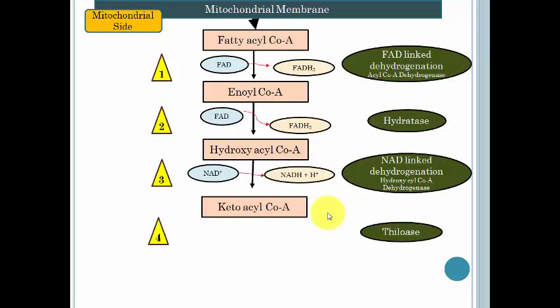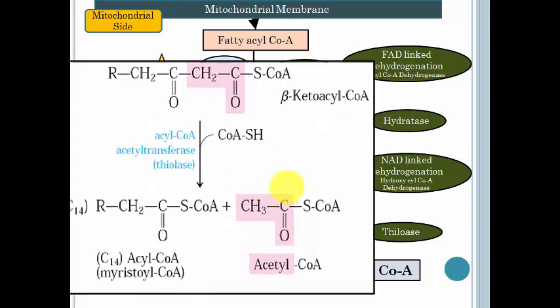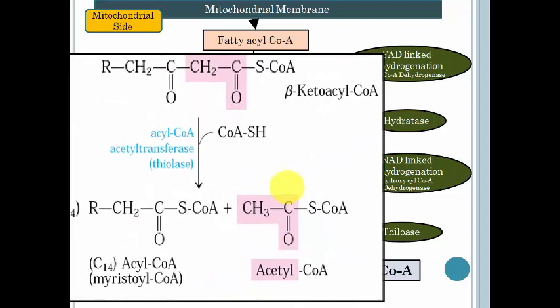And the fourth step, that is the thiolase. So thiolase: when the suffix lase comes in the name of an enzyme, that means there is a breakdown of a molecule, and the prefix indicates the molecule which is used for the breakdown of the particular substrate. So thiolase means there is a breakdown of the molecule with the help of the thio group. So this substrate will be degraded into two compounds, that is one molecule of acetyl-CoA and one molecule of acyl-CoA that is 2 carbon less than the parent compound.